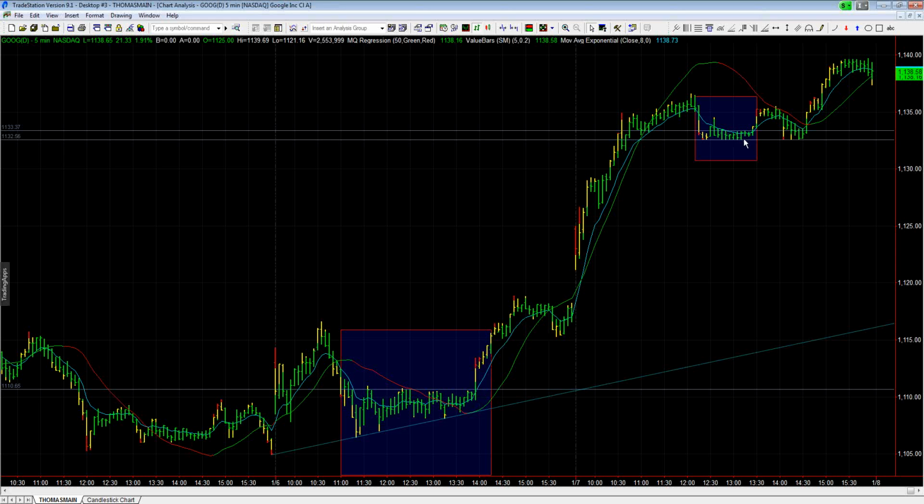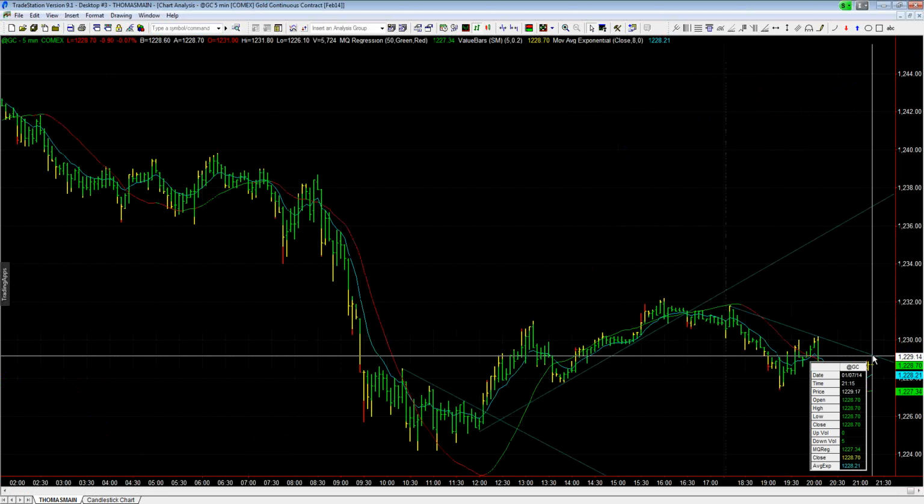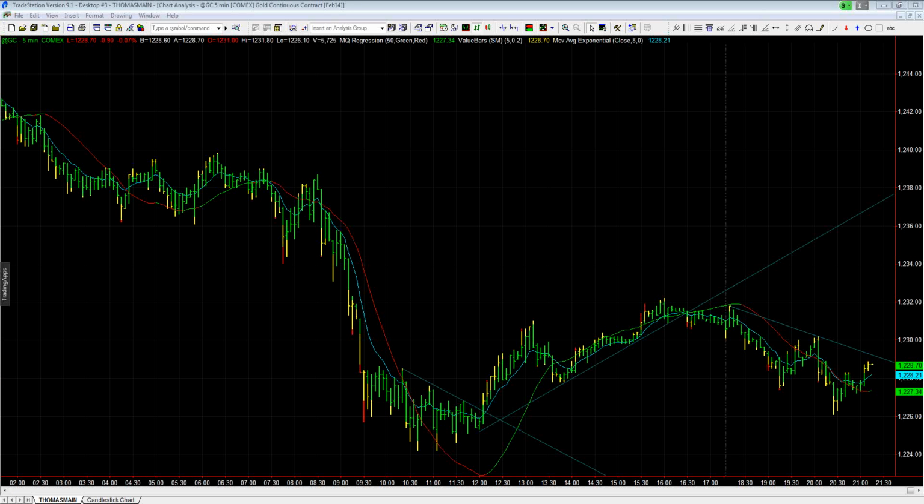Again, today you had a nice channel. You had 1, 2, 3, 4, 5, 6, 7 price bars that bounced off the highs and the lows of this channel before breaking out to the upside and then continuing higher. You see it actually ended up coming all the way back down, retesting that support once more before heading up the rest of the day. So that ended up working out pretty well there. Also, again, that trend line on the 5-minute chart in gold is at 1229.20, for those of you that were watching that.